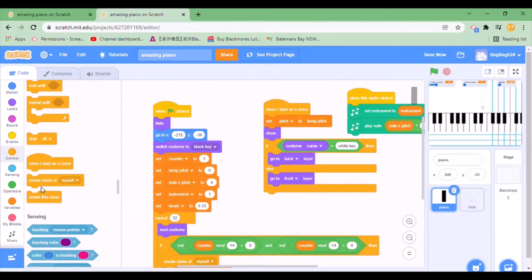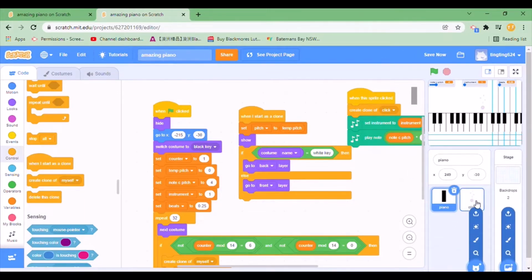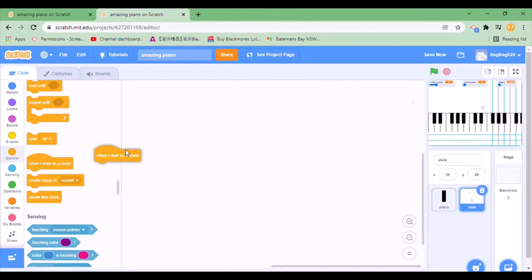But you don't create a clone of myself, you create a clone of the click. So you select click. So yep, you start off with a create a clone of click, because that's what happens at the start. Then say when I start as a clone, right here,